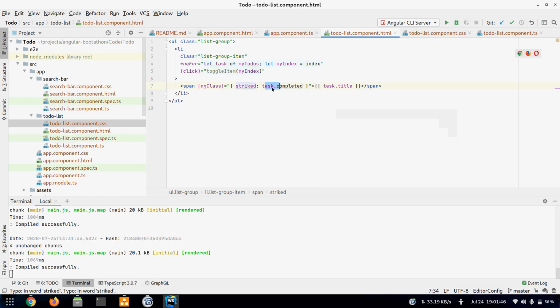So if task.completed is true, the CSS class striked will be applied to this span, and this will appear as strike-through. Otherwise it will appear normally, because if this condition is false, then no class will be applied. So let's try this thing. Okay, so now I'm clicking, this thing gets striked.